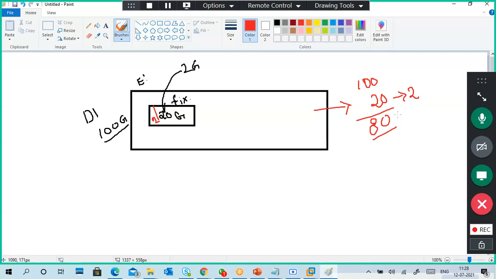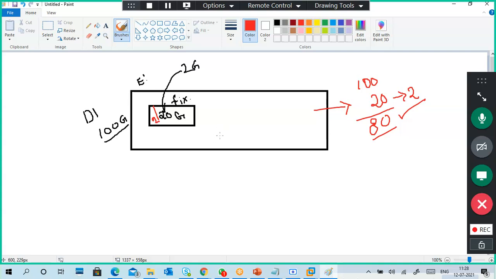You are saying 80 GB? Yes, sir. Very good. Correct answer. Why? Because 20 GB is occupied. Don't worry about how much is used internally in the physical storage. The only thing that matters is the file size, which is 20 GB occupied.